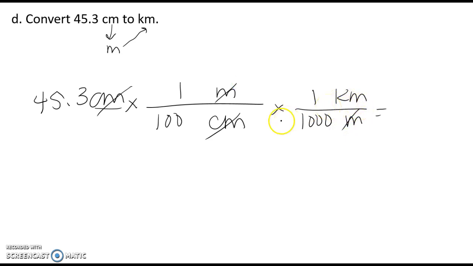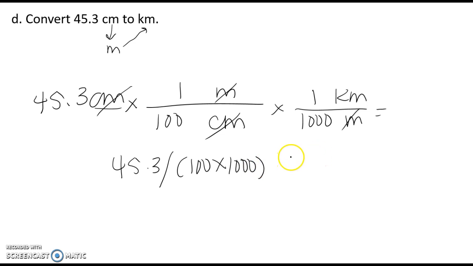That's what you want. So you would take 45.3 and then divide it by, make sure you put these in parentheses and do this first. Like on your calculator, I would do 45.3 divided by parentheses 100 times 1,000. When you do that and calculate it, you should get about 4.53